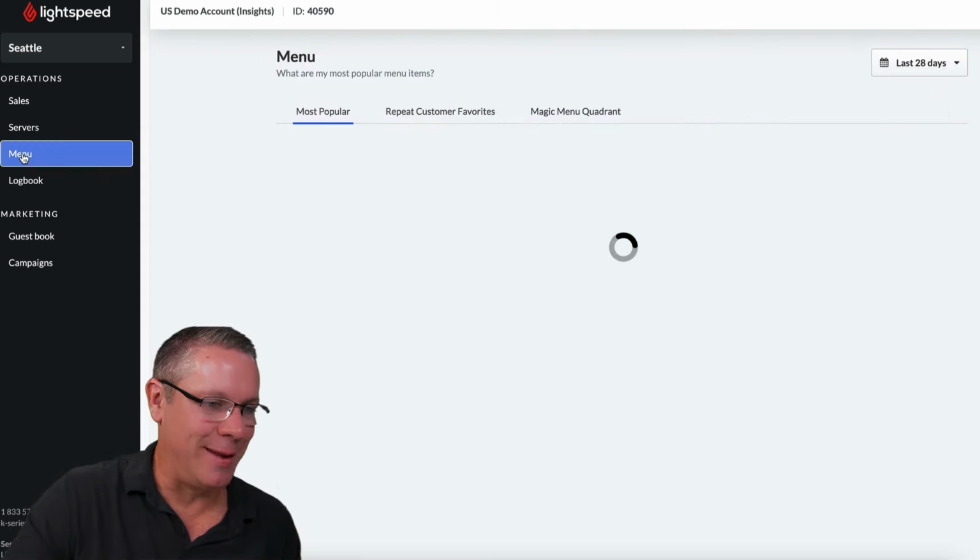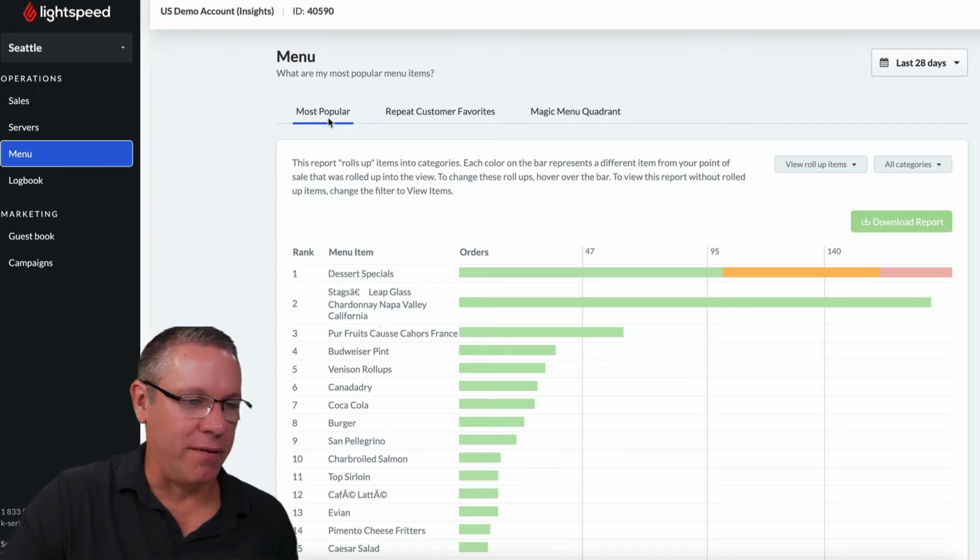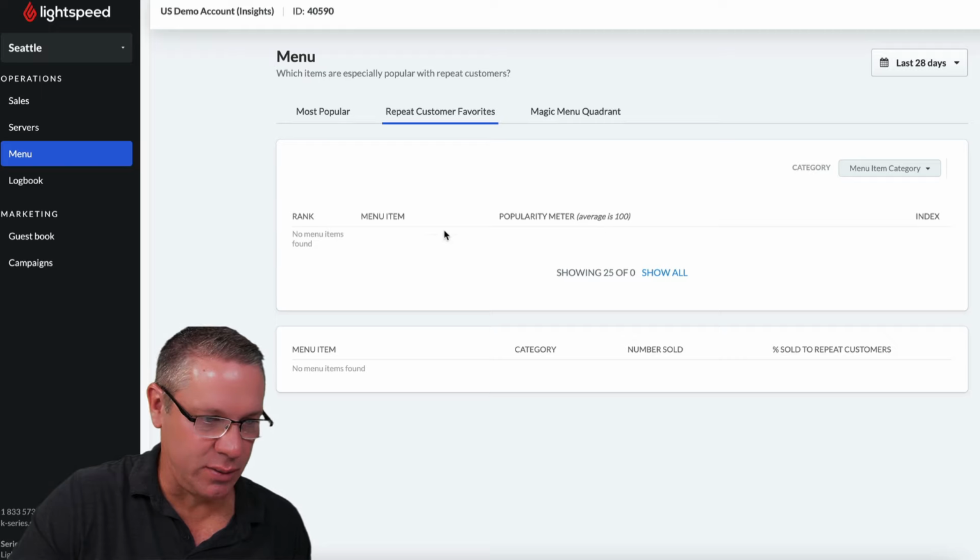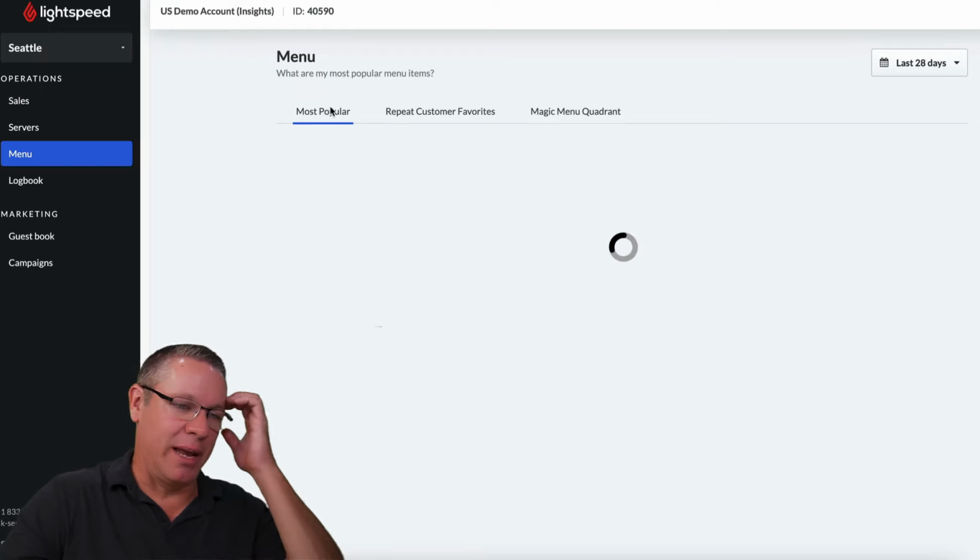Moving on to the menu. Right off the bat, there's 3 tabs here. The repeat customer favorites, I don't believe is set up in this one. No, we don't have that one set up here. With the repeat customers,